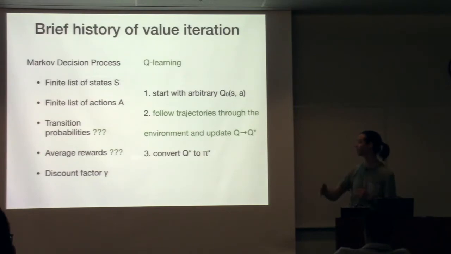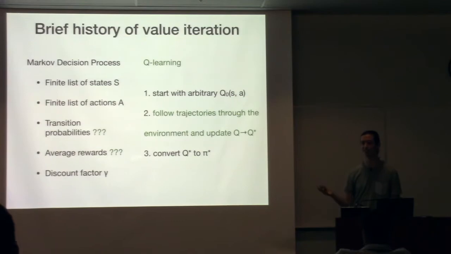As long as you run this for long enough, you will converge to Q star. And then you will be able to actually get the optimal policy out of this. And so this was a really big deal in 1989, because this was kind of the big reveal that it is possible to find Q star even if you don't know the transition probabilities and the average rewards. But of course, this isn't enough, because sometimes you have way more states than you can ever possibly